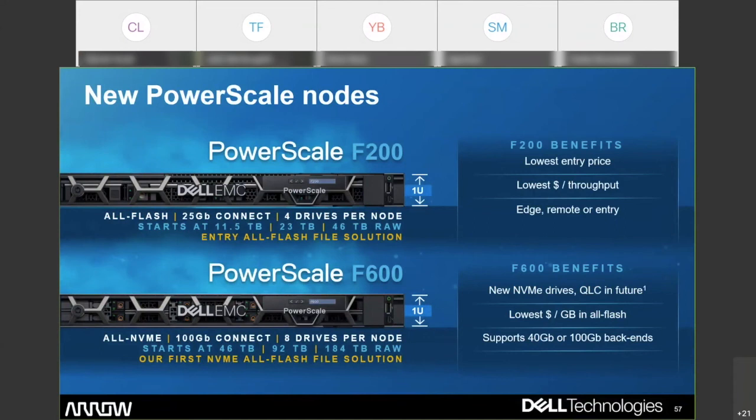PowerScale requires a 3-node minimum, not a 4-node minimum like Gen 6. So this allows for smaller configs and subsequently smaller budgetary requirements. The F200 offers an all-flash option with up to 16 terabytes of physical capacity per node. For customers that have previously not been able to consider Isilon because of the minimum requirements, PowerScale offers an extremely viable option. The F600 with all NVMe drives, again with a 3-node minimum per tier, offers performance at a price